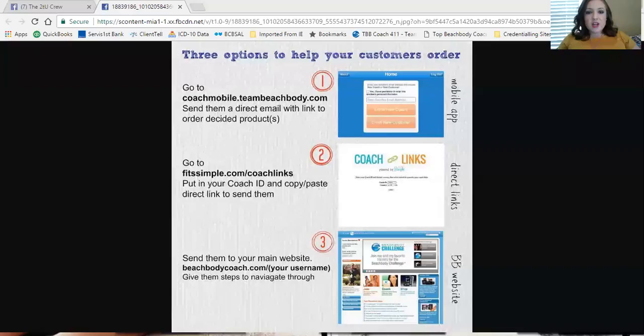Okay. So first of all, let me go and share my screen. All right, so this is the graphic that y'all have seen in our group, in the tutu crew, that shows you the 3 different options to help your customers order, or you can use it to enroll coaches this way as well. All right, so we're just going to go through these one by one and in order. So we're going to start with the